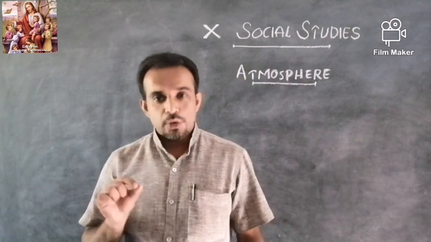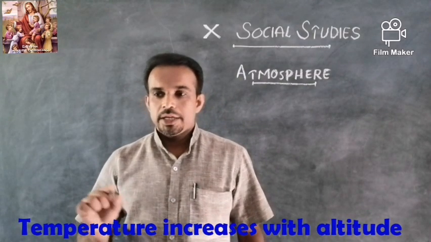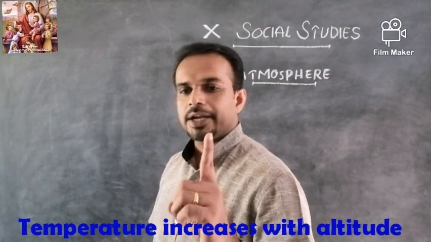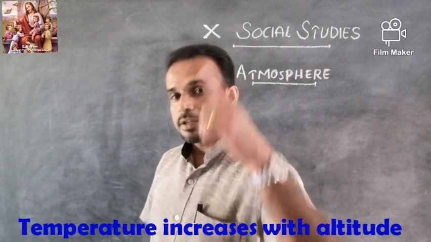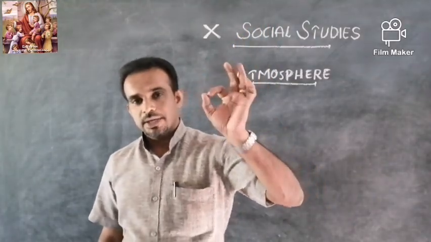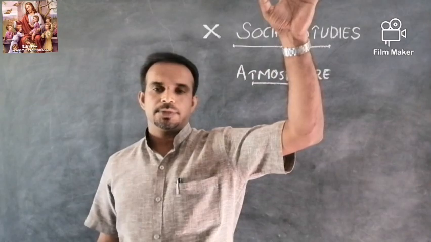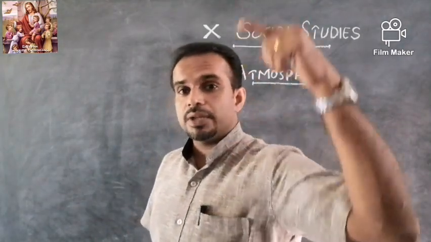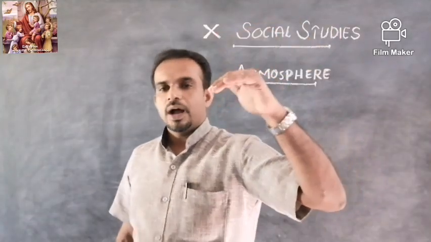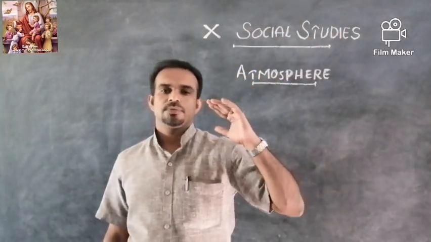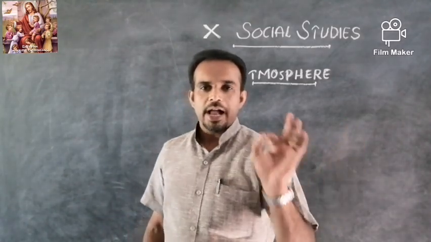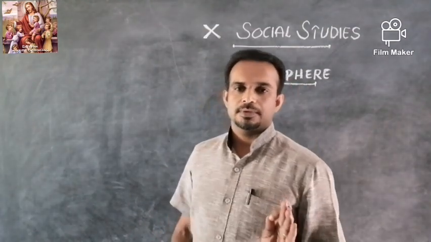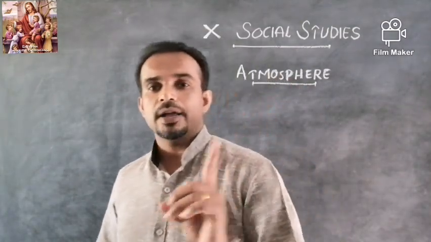And here about the temperature: temperature increases with the height. Remember, temperature increases with the height in the stratosphere. In the first layer, troposphere, the temperature decreases as we are going up, whereas in the stratosphere, the temperature increases with the height. Okay, so up to 50 kilometers. No clouds, no weather phenomena. Ideal for flying flights. And the ozone layer is present. And the temperature increases with the height.